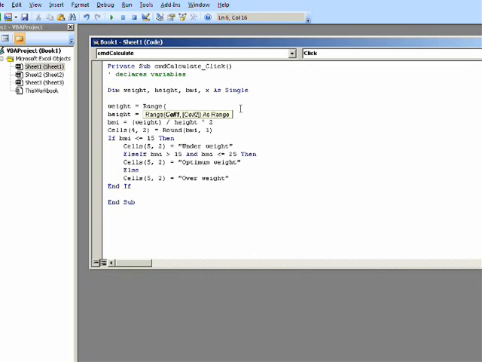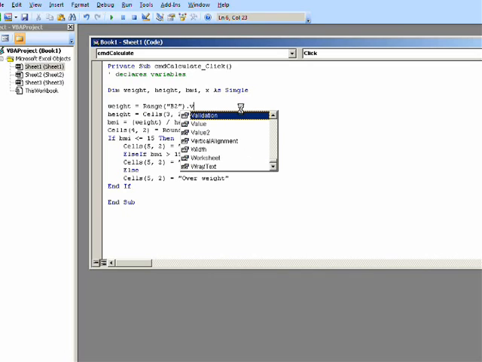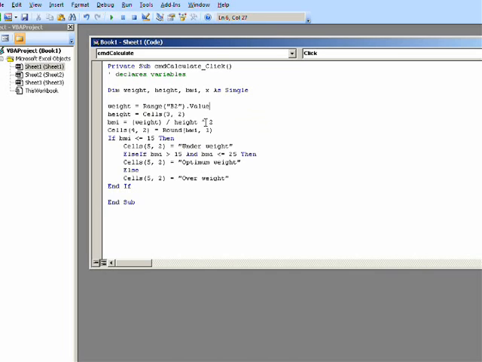So we'll put in B2. Now we want to get the value. Notice it helps me complete this statement here. We want to get the value of B2. So this is how we're doing it in the book. It's exactly the same thing. This Range B2 Value gets the value from cell B2. This Cells(3, 2) gets the value from